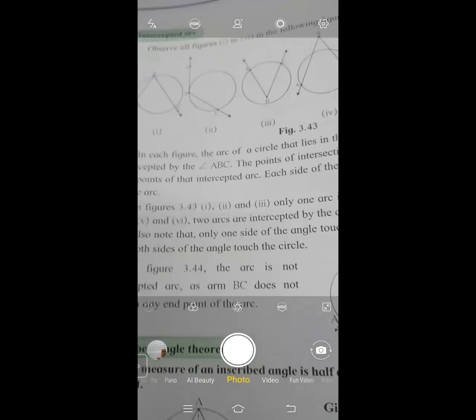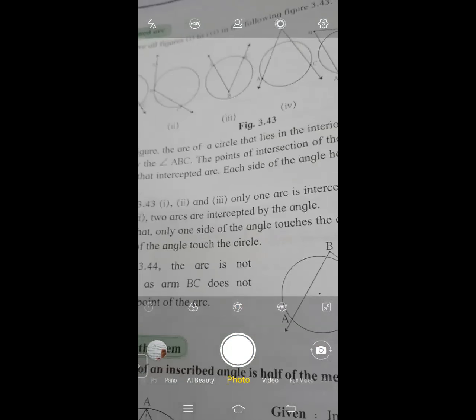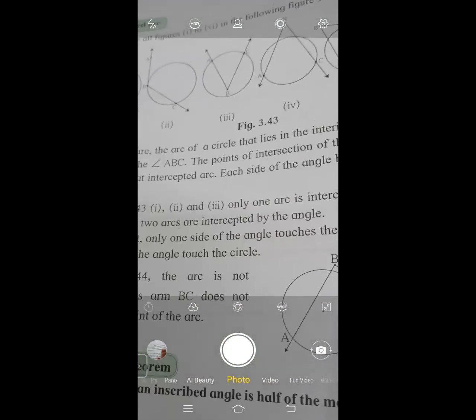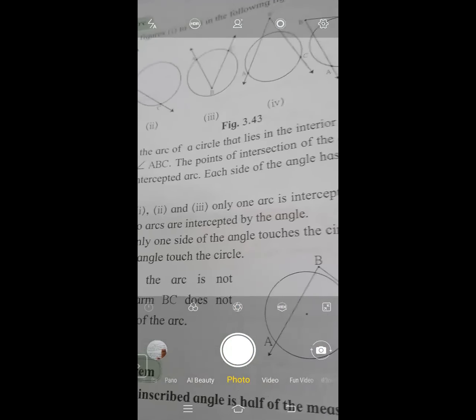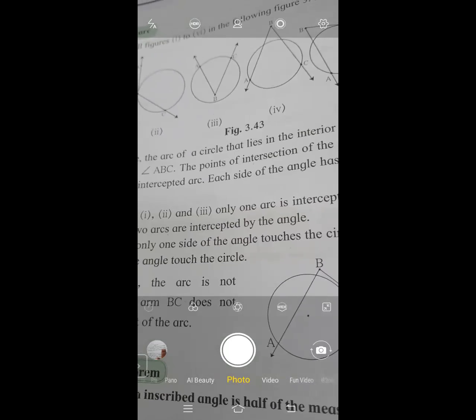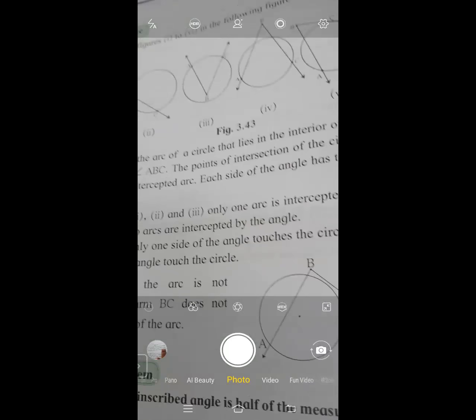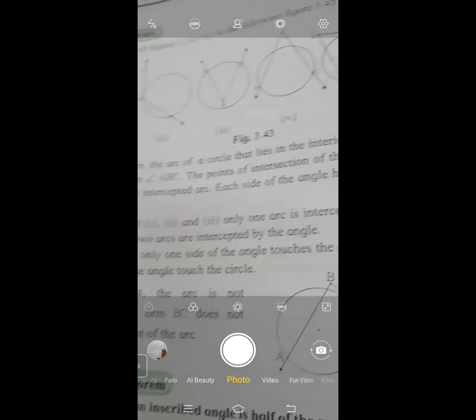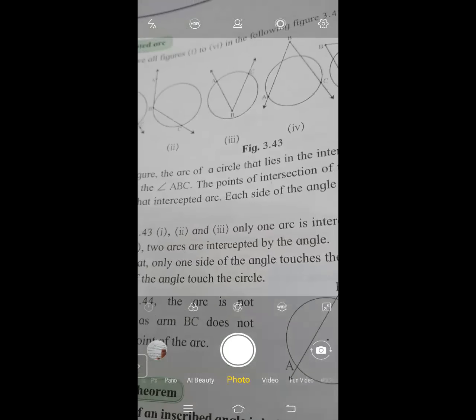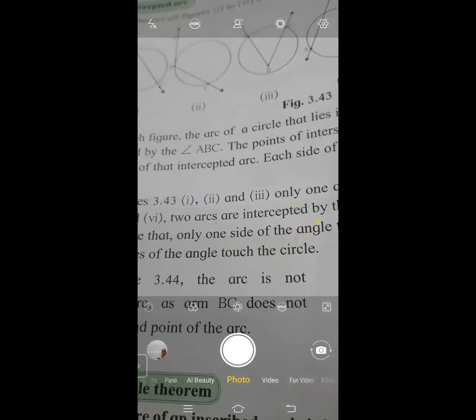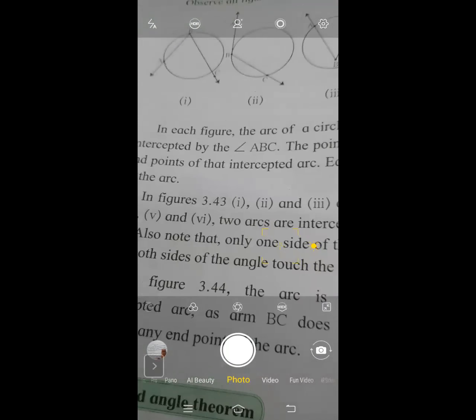Okay, revise all the concepts which are taught today. Write down all the points to remember. Solve the questions which are given in your exercises, as well as the additional questions, whatever I have taken. Okay, this topic is important from the marks point of view. So I think this will be enough for today for you people to understand.